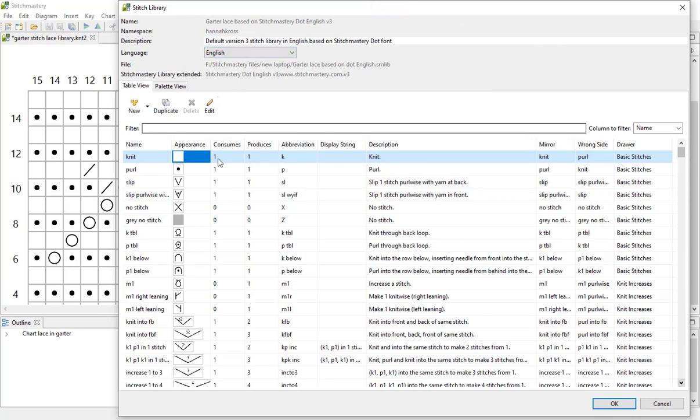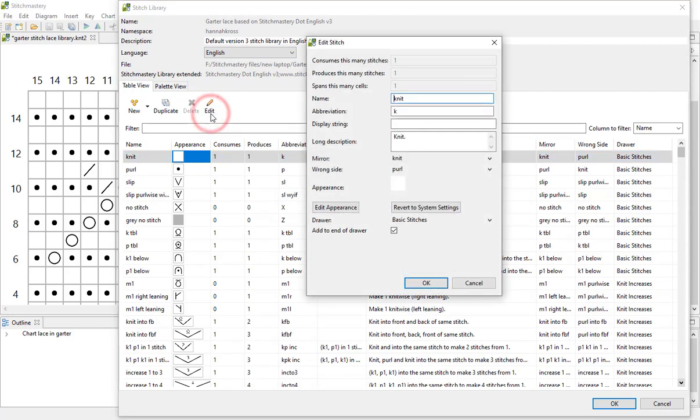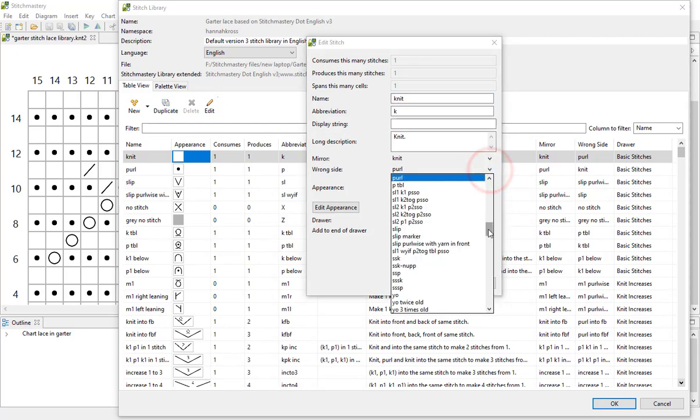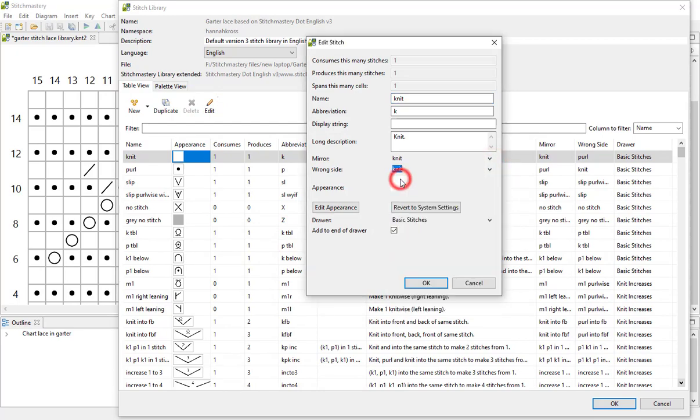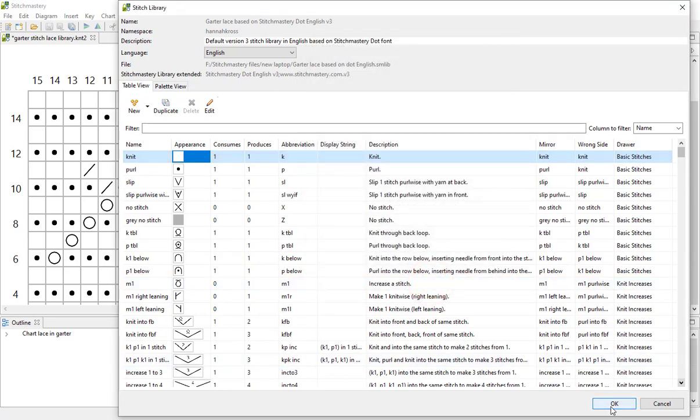And our new library opens so that we can edit stitches. So I'm going to edit the knit stitch, and at the wrong side option I'm going to click the drop down menu and scroll up to the knit stitch so that both sides will be knit. It's tempting at this point to change the wording to say wrong side and right side both are knit, but if you do this it will come into your written instructions as well everywhere the knit stitch appears, so it's best not to do anything to the wording just here. So we'll click OK, back to the library and click OK.